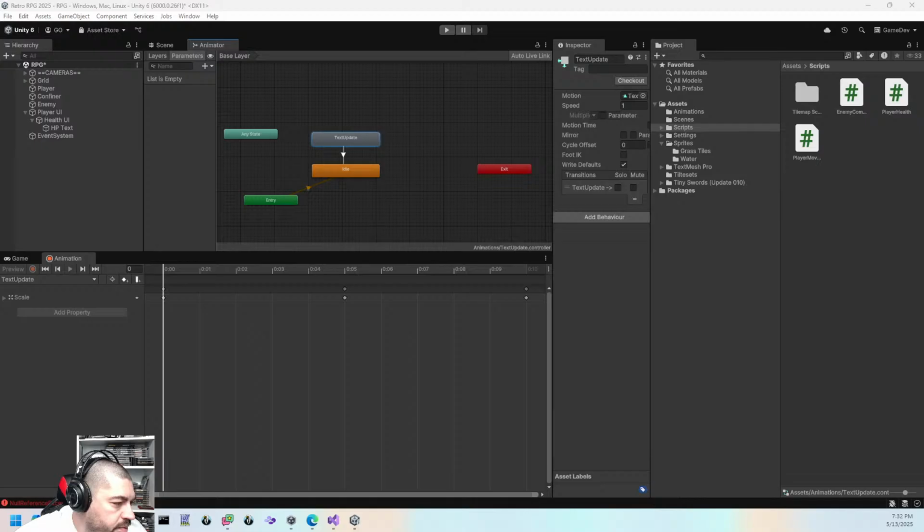So let's just go back to our player health one last time. So in here we just need two things. First of all, we need a public animator reference. Let's call this one health text anim. Then we'll just come down here and right after we take damage, but before our health actually changes visually, let's go health text anim dot play, because we just want our animator to play the text update. Well, that's how that works. Nice. All right, so